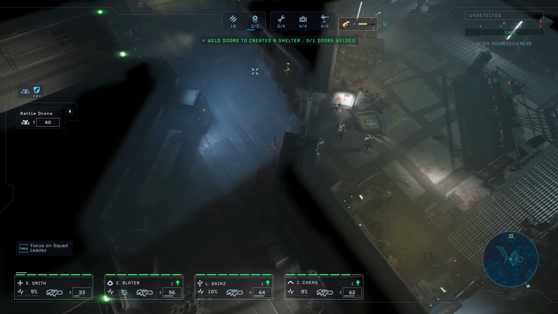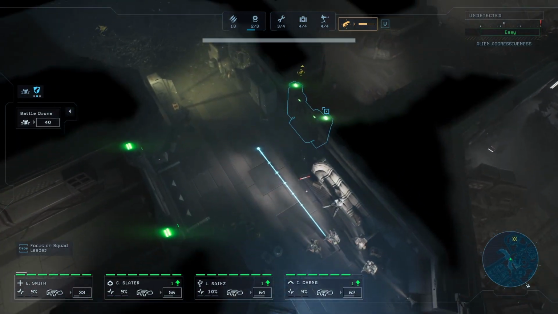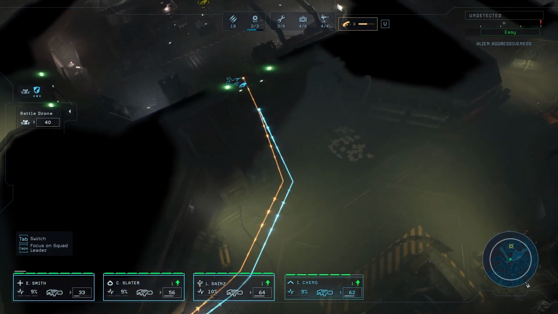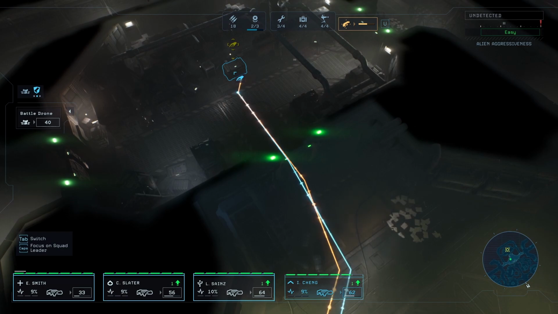So I guess that's the strat if you can't sneak past them. You just immediately end the hunt by double welding the door. Anyway, the reason we have to backtrack is to come over here and open this box, which you will